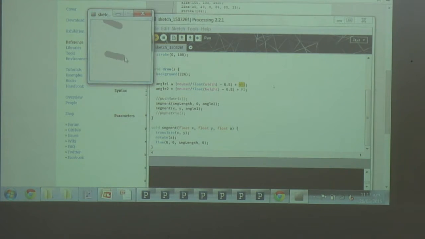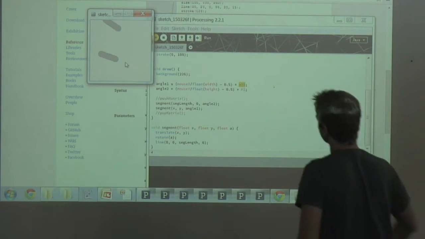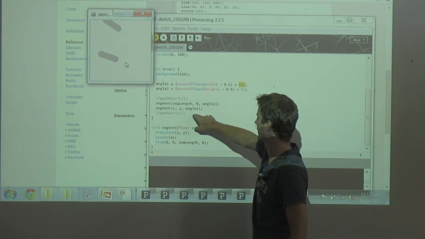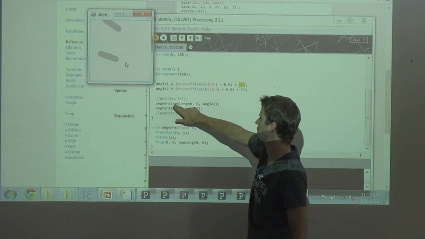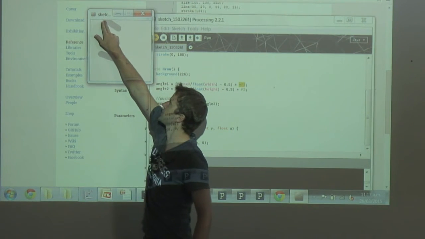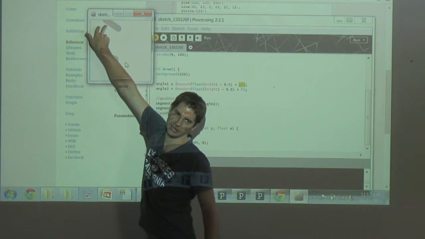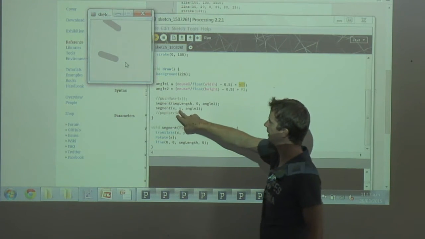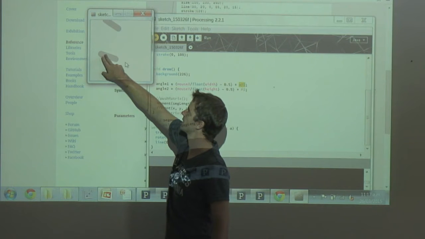But you can see now, if we look at this, the top one up here, that is this segment here. So this segment here, which was originally our second one. We're always going to start at 0, and then we're going to shift out seg length, and then we're just going to rotate around that. And then based on that position and rotation, we update x and y, which will move us somewhere around here